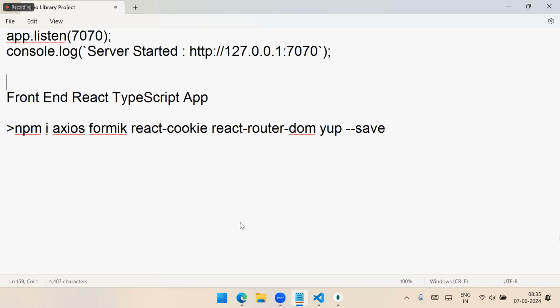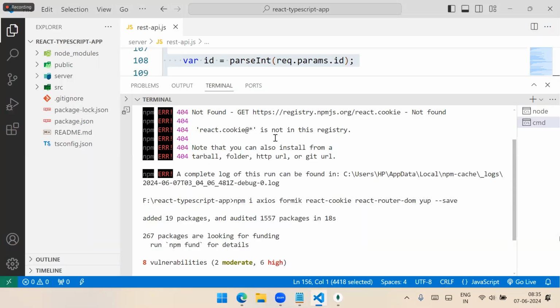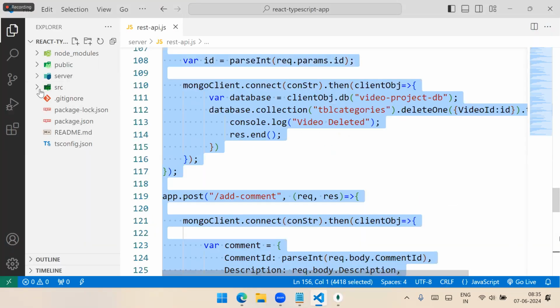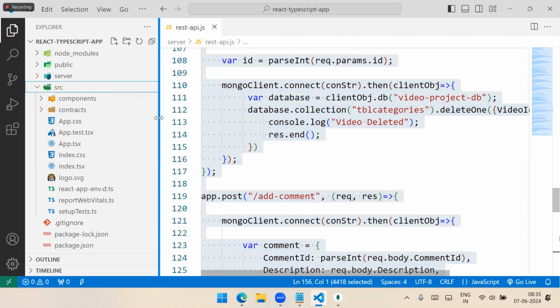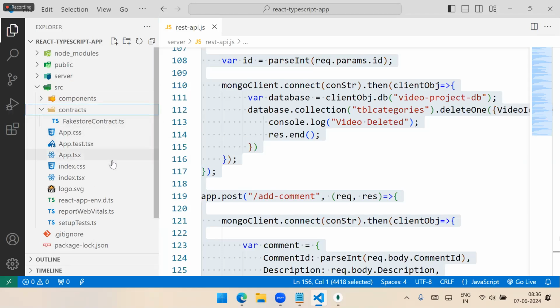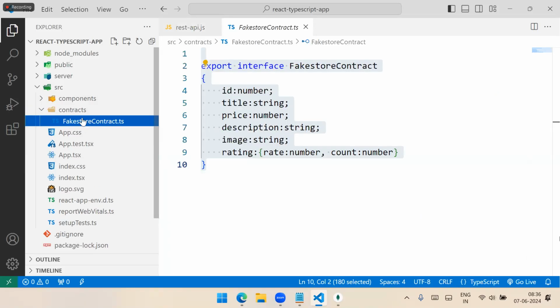Okay. Let's create the front end. That means we need to start with app. But here, one new concept is because it is TypeScript, you need contracts for all types of data that you are dealing with. You need a contract for all type of data. So first what you have to do is for the type of data you are going to deal, you need to create a contract. I will here create the contracts. That means